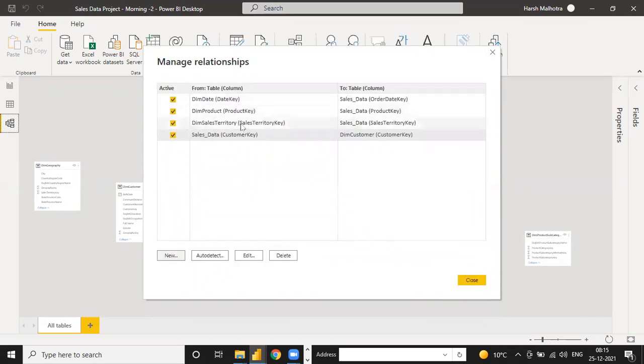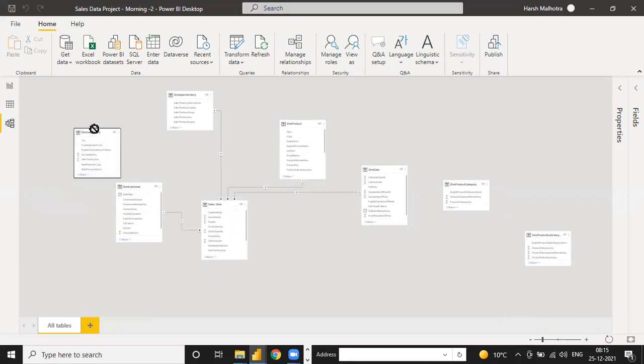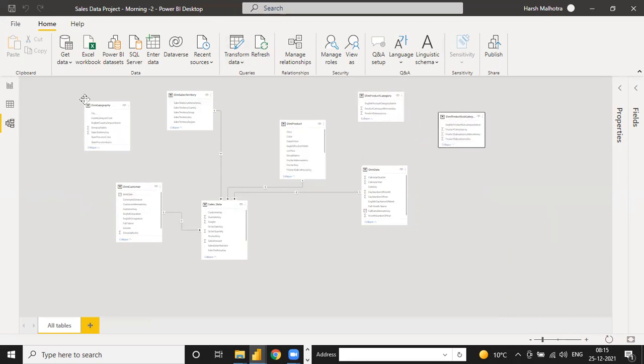So now our four relationships are done, which are mandatory, 100% mandatory. If I close this one, you can watch that the four relationships are complete. This is your fact table, automatically done. And now this one is your geographical table, product category and product subcategory. And I can make it a little bigger.